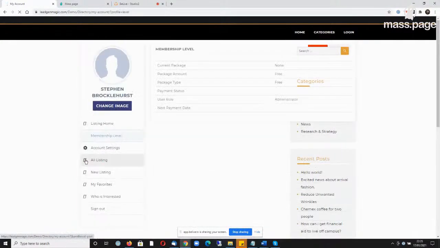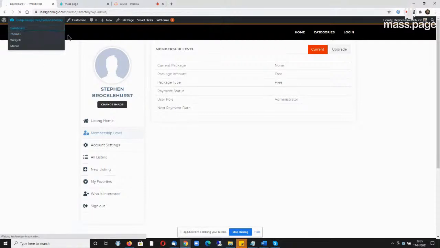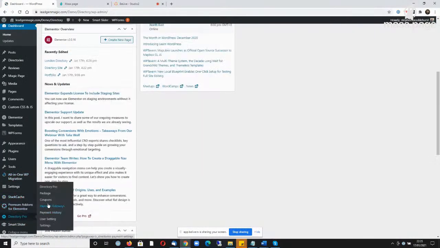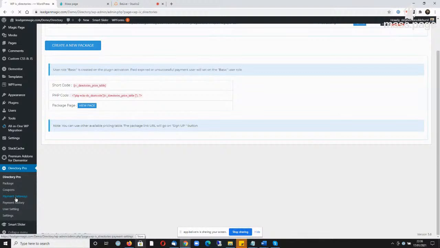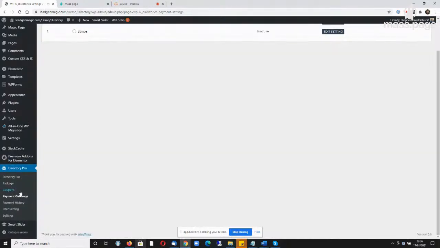Right, in the admin panel, we can set up membership levels. And the idea is this membership level is free. If I come back into the dashboard, I'll show you this setting in here. Under Directory Pro, you've got the option under settings to set up your payment gateways, which are Stripe and PayPal. I haven't got them enabled at the moment, but there's the payment gateways. So in here, you'd add your PayPal and your Stripe. You can have coupons to make things free, and the package section